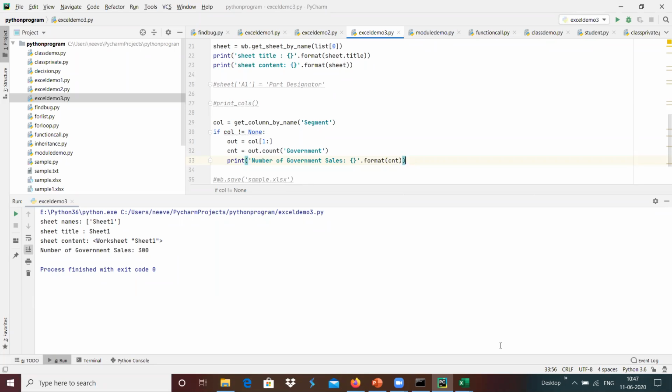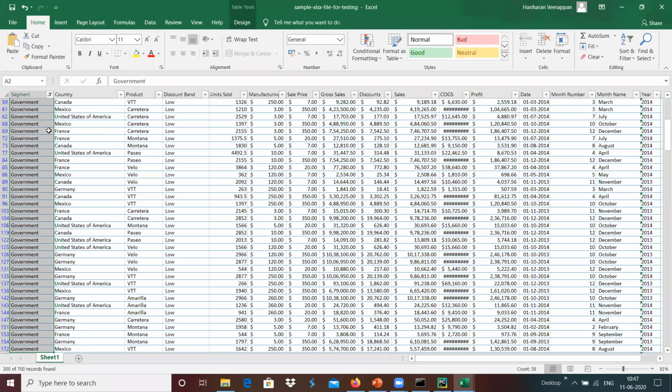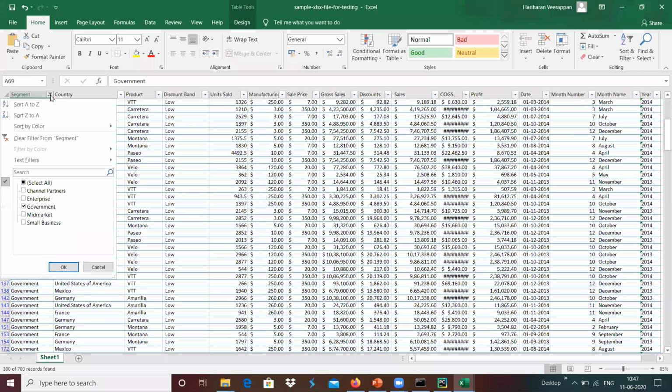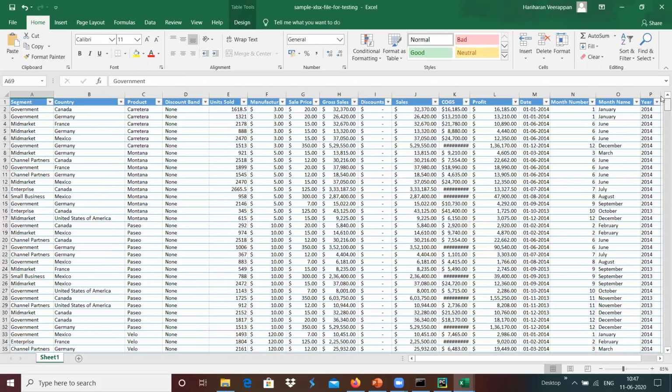We should know how many categories are present in that sheet, which we can see with the help of a data type which is a set, which does not have any duplicate entries or elements.